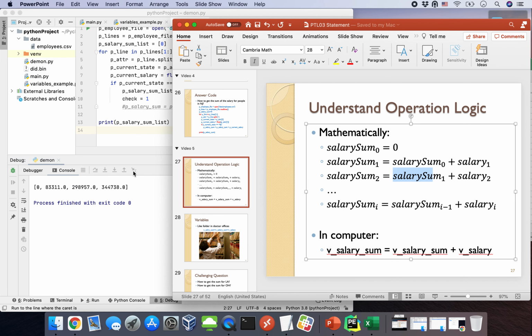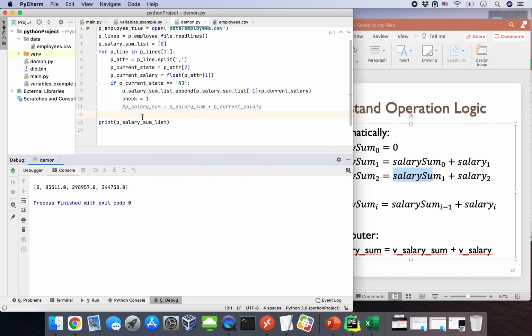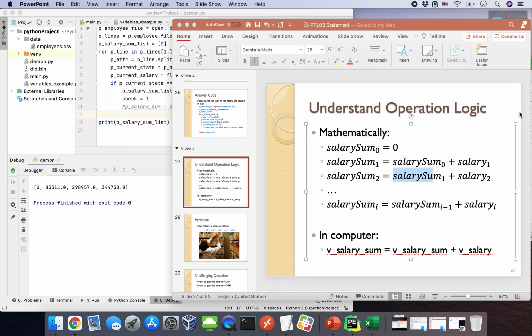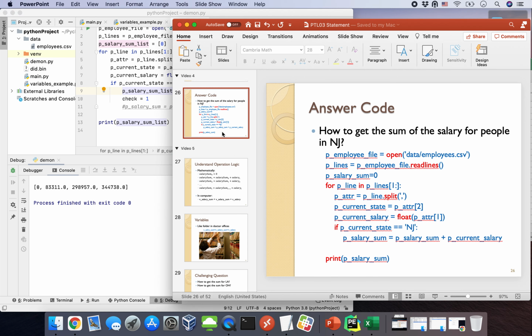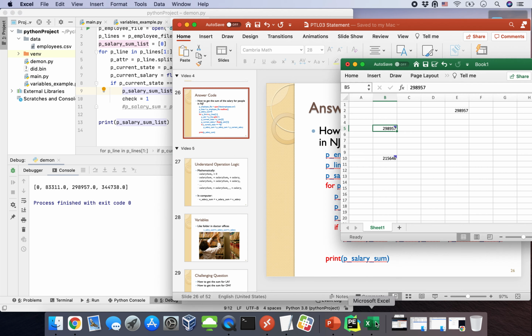That's probably a more matching way in the computer to how you understand this calculation mathematically by using the subscript. But comparing to the previous code,